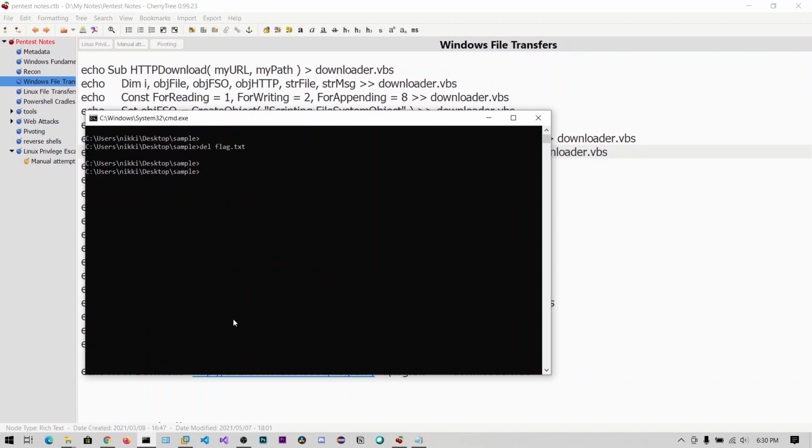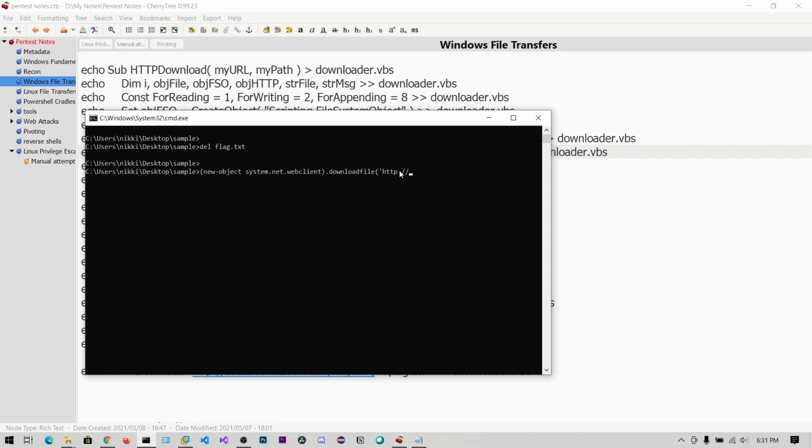If there is PowerShell, you can see the PowerShell version is 5 in this Windows box. Now if the PowerShell version is below 3, you need to execute it like this. You need to create a new object of System.Net.WebClient, and this object has the method DownloadFile.